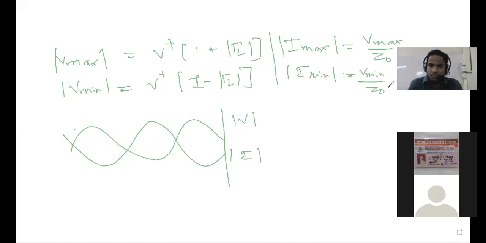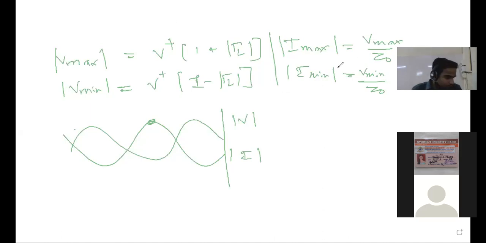Why? Because when the voltage is maximum or minimum, the impedance at that point, the characteristic impedance at that point, is real. It's not complex. At a point when the current is maximum, the voltage becomes minimum.